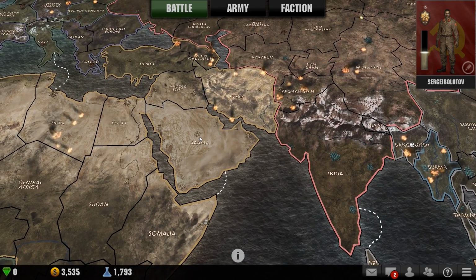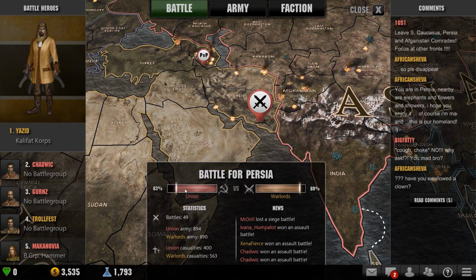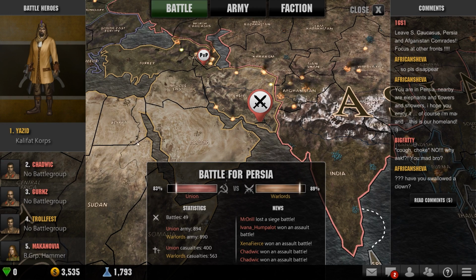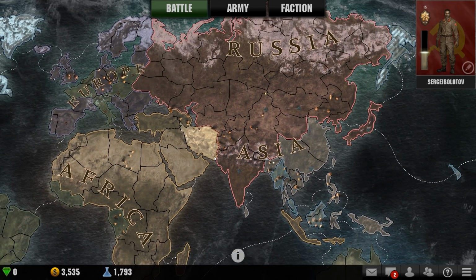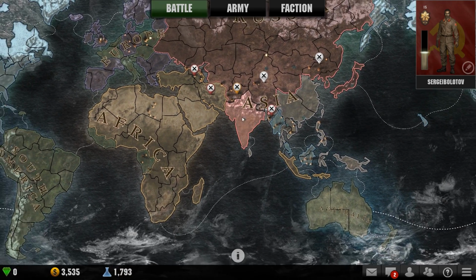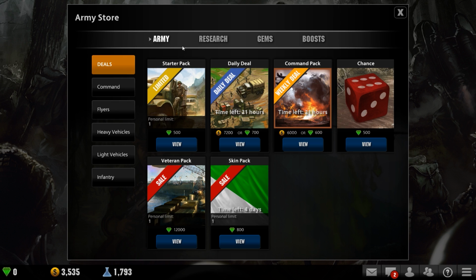So for example, we're fighting over here in Persia. What are we on? We're on 83%, the Warlords are on 89%. And yeah, it looks like we're going to lose, but there is a little in-game message here. So one of the Russian guys has said, leave it, focus on all the other fronts. So it's likely people are listening to him, because there is a pretty weird and pretty cool faction system in this game. Anyway, before we get into actually showing you that, let's have a quick look at the research screen, because